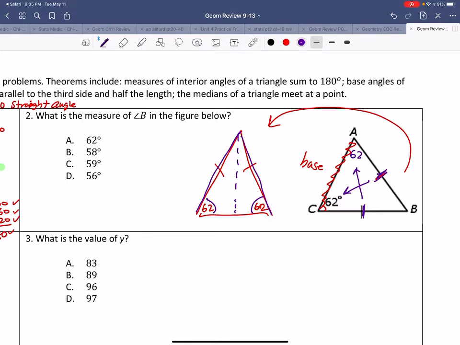All right, what is the measure of angle B? Well, don't fall for these tricks here. They're not really asking for a base angle. They're looking for this other angle. So I'm going to call that X. And I know triangle sum theorem, all three of these angles have to add up to 180. Just my regular old triangle sum theorem. So X plus 124